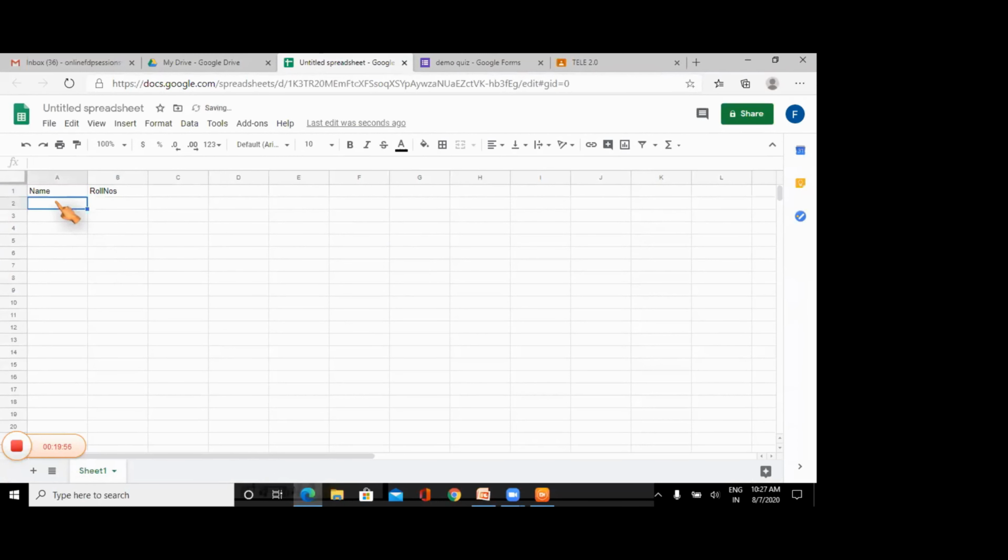So suppose I'm taking some student's name, Amit, Sumit, next Rohit, Shalini. I think that is enough. I need to put some roll numbers as well. So 101, 102, and so on. So I just have to drag it. It's in continuation form. Okay.